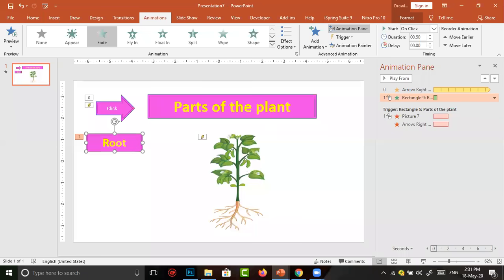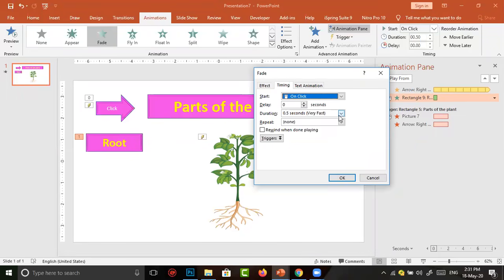So again I click on the down arrow, go to timing. In timing, I adjust the time. Then go to triggers, start effect on click of. It should appear at the click of parts of the plant.